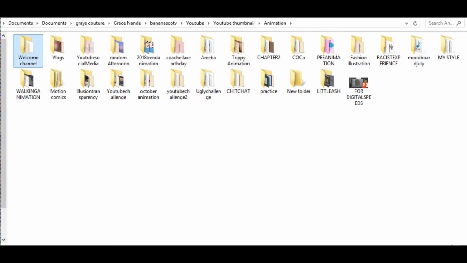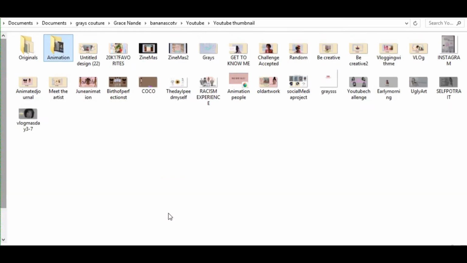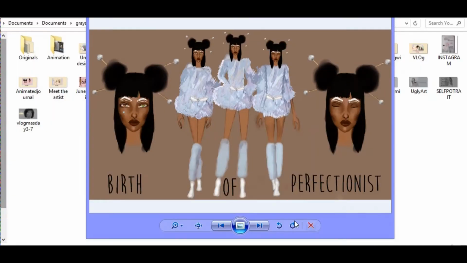And let me see if I can go to my thumbnails. I feel like my favorite thumbnails for the fashion illustration so far were these ones. And I feel like that's what I can show you guys right now. I feel like this one was my favorite one. It was my idea. It came from my head. But this one I copied from a certain